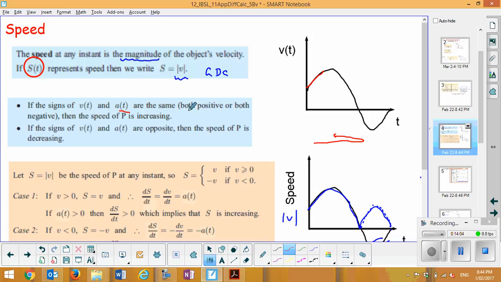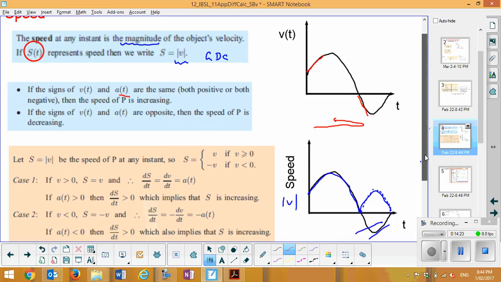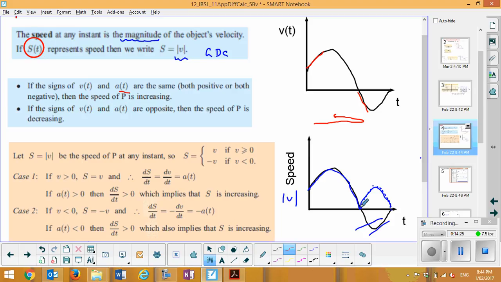So the other option is that they're both positive or both negative. So here we now have negative velocity. Where's the negative tangent? That's here. So there's a negative tangent. So we've got a negative acceleration and a negative velocity. So they're both matching. And if we come down to our speed graph, here we see the speed's getting faster,